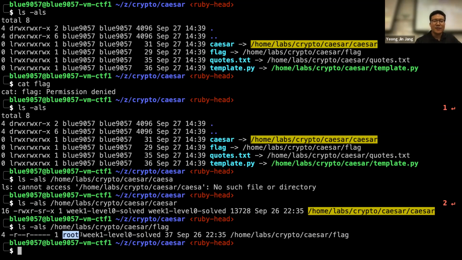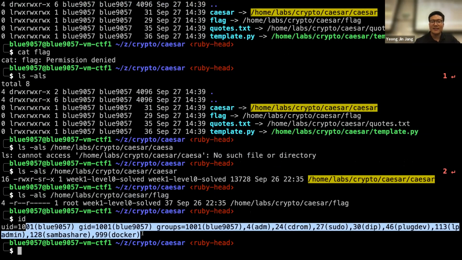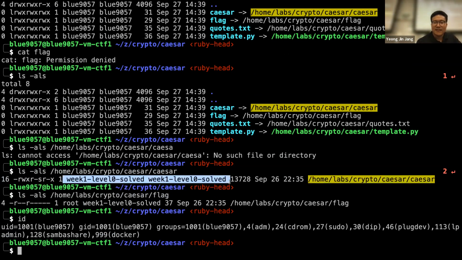The owner is root, and you don't have root permission, so you cannot read it. Also, your group ID: my group ID is currently something like this, and it does not allow reading this flag. So without being the owner or in the group, there's no permission at all. You cannot read it. But this program, Caesar, has a user and group as week 1